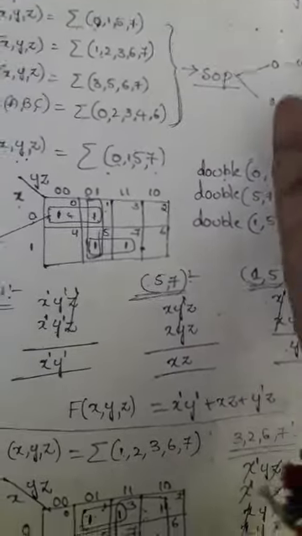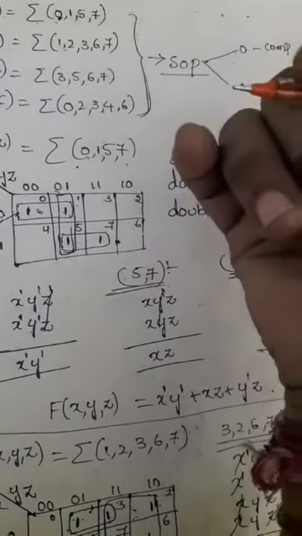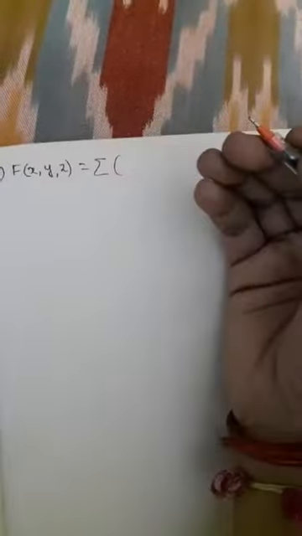It's not necessary, you can find it with either one, horizontal or vertical shape. So I can explain how to find it in vertical. The first problem I consider here in vertical shape, that means f of x y z is equal to 0 1 5 7. The 3 variable K-map has 2 possibilities, horizontal shape or vertical shape. Already you have an idea of how to find it in horizontal shape.